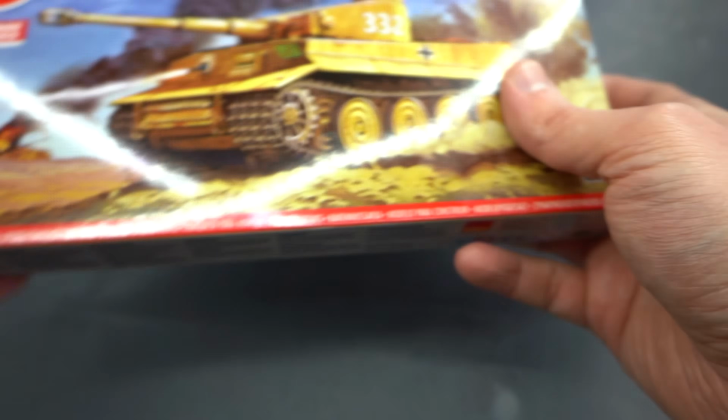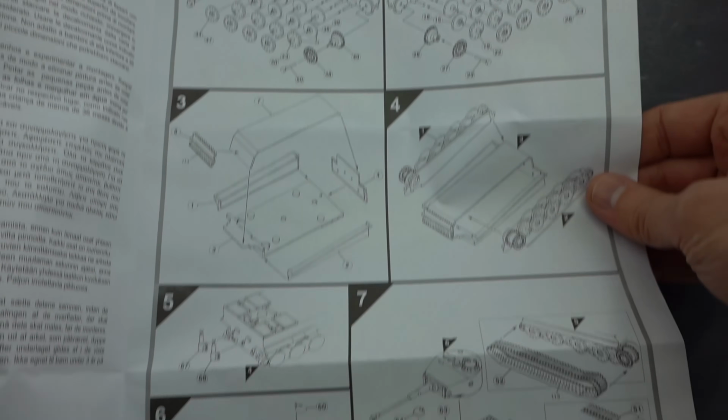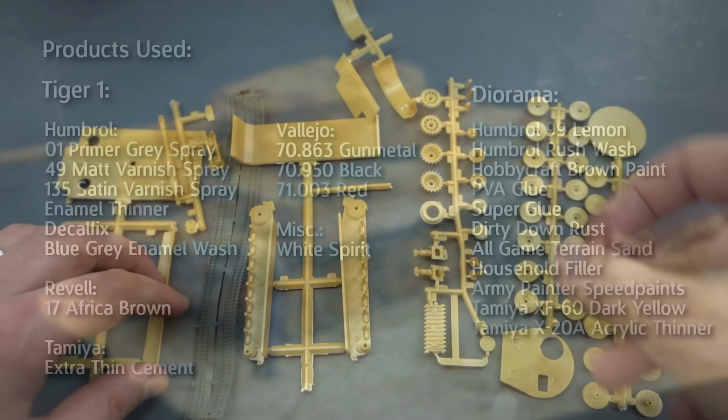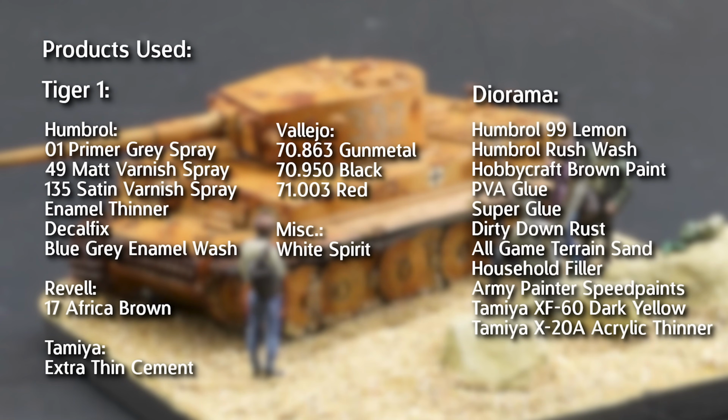I have already done a detailed unboxing video where I take a more in-depth look at the contents of the box, including the decals, the sprues and the instructions, so for more information take a look at that one. This one though will be focusing primarily on the build of the model and what it's like as a kit. I'll put a list of the products I used during this build on the screen now to give you an idea of the kind of things you might want to go and get